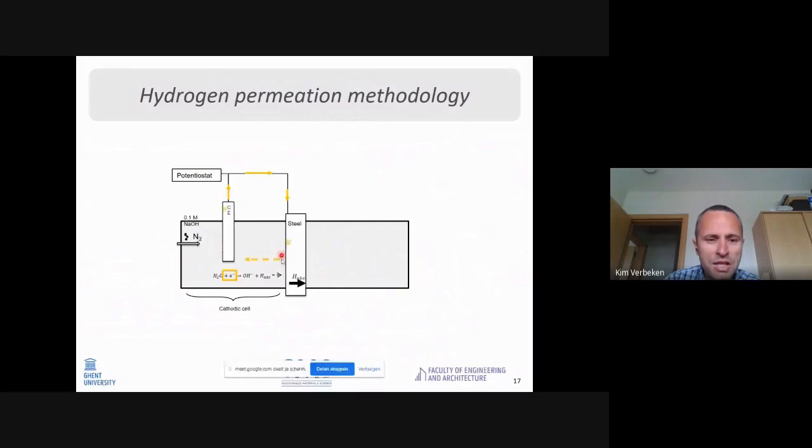You see the electrons flow, and this forms adsorbed hydrogen. As a result of this chemical reaction, hydrogen is adsorbing at your metal surface, and then at that moment, it can enter your material. Then it becomes absorbed hydrogen, it's inside your material, and then it starts to find its way through